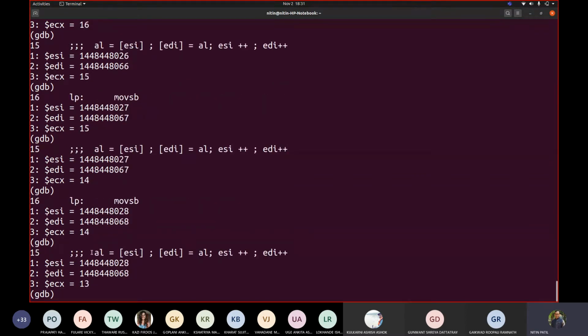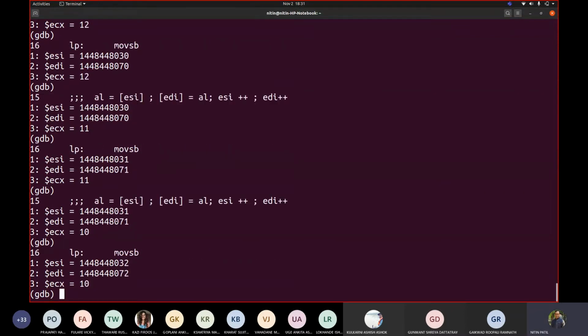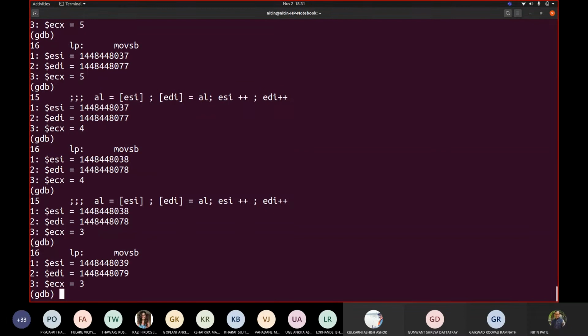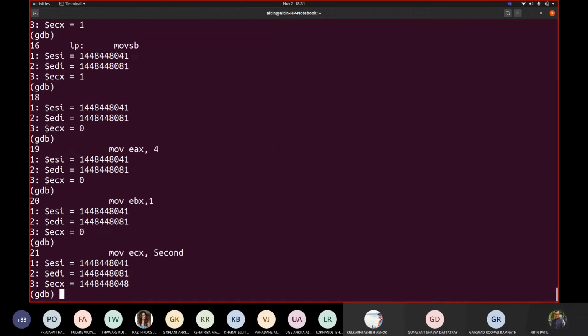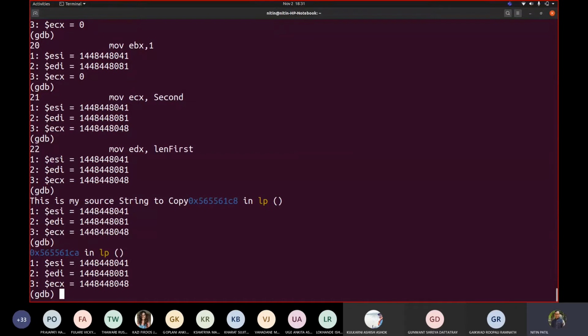What we represented by using these 4 statements is done by this. Correct. So this is how this movsb works. Any question? And here we printed that string. This is my source string to copy, and done. Fine. Any question with this?